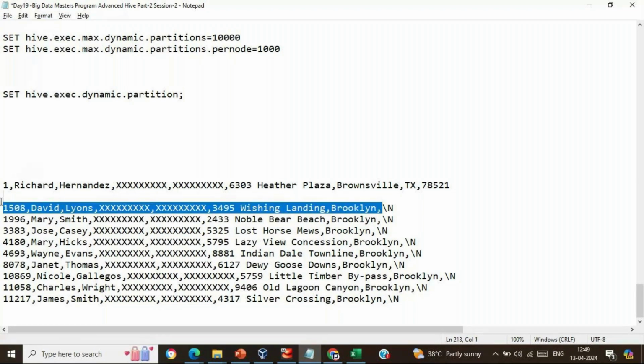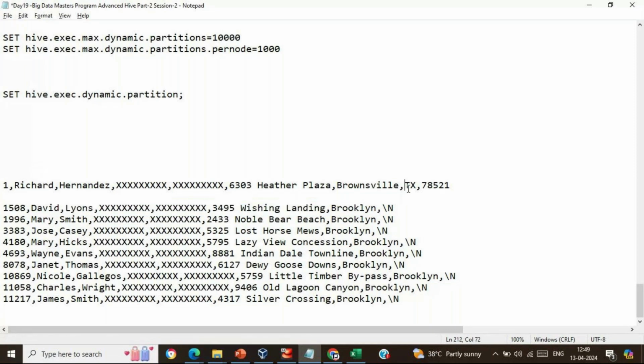We are able to get the records properly. But this particular column, the state information, it is taking in this particular way. Okay, so because of data set or data type related challenges, it has thrown this particular error,